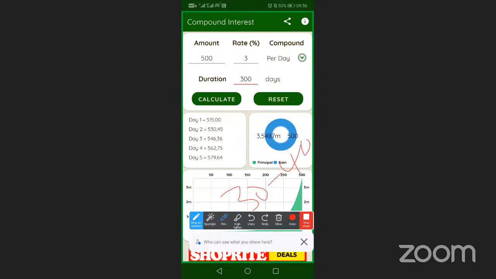Why am I using the $40? In case the coin is pumping, it can give you 4%, it can give you 5% instead of 3%.